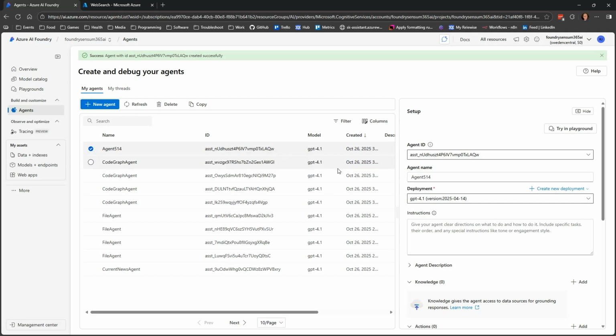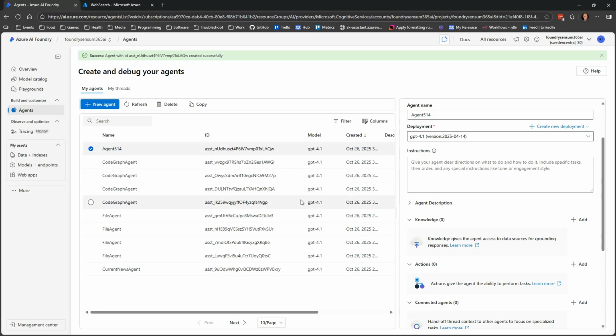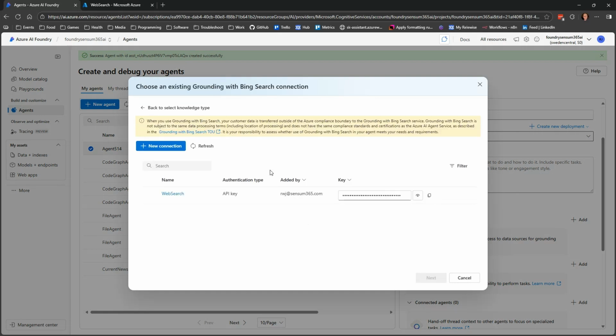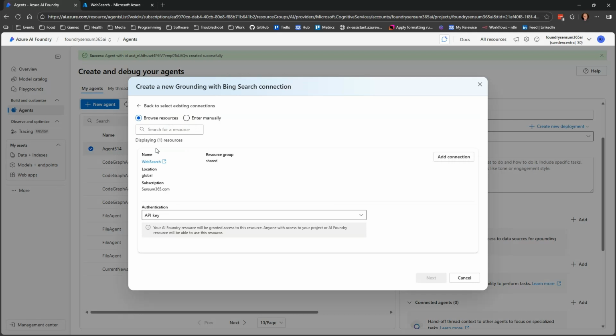But you only need to do it once, and then you can hook it up to various agents. So if I just make a dummy agent here and say add knowledge, I can then go in and say I want to ground with Bing. And in my case, it's already hooked up here, but otherwise I would say new resource and choose that resource that I have out in my Azure.